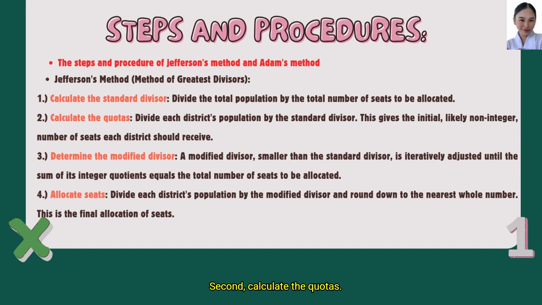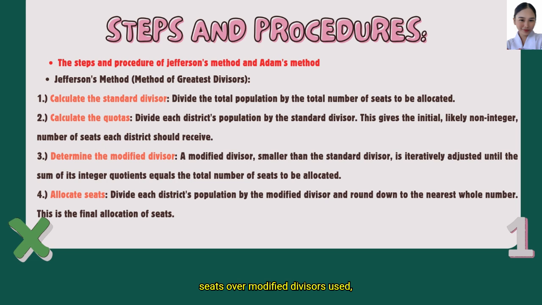Second, calculate the quotas. Divide each district's population by the standard divisor. This gives the initial non-integer number of seats each district should receive. Third, determine the modified divisor. If the sum of the integer parts of the quotas doesn't equal the total number of seats,